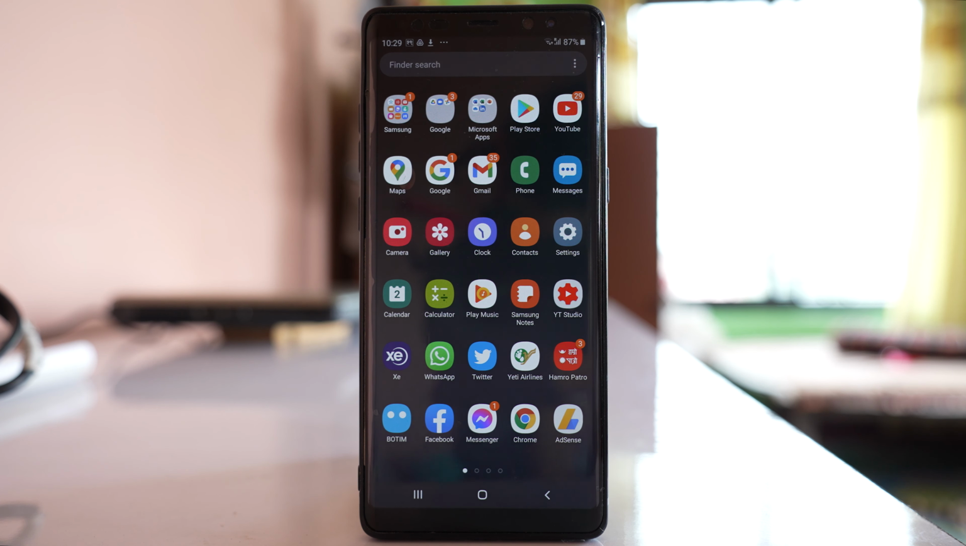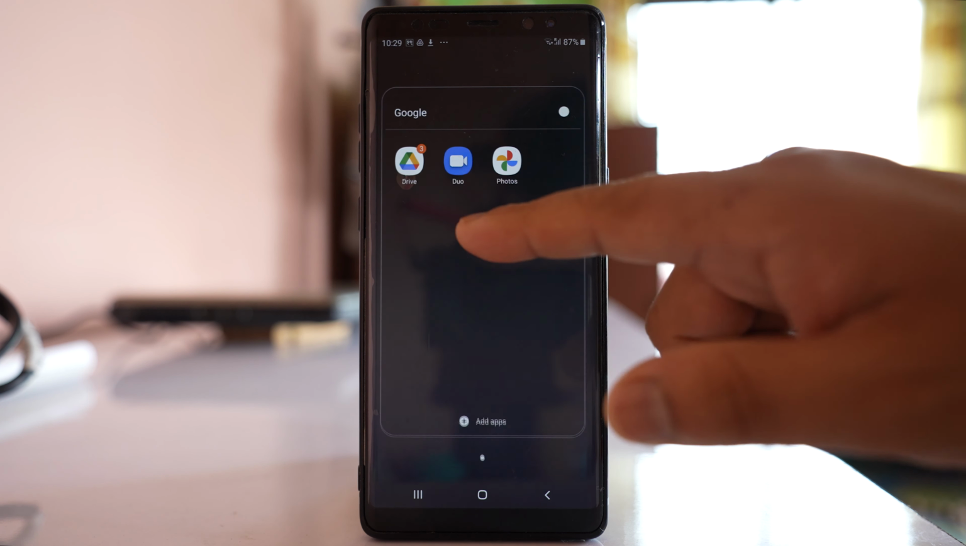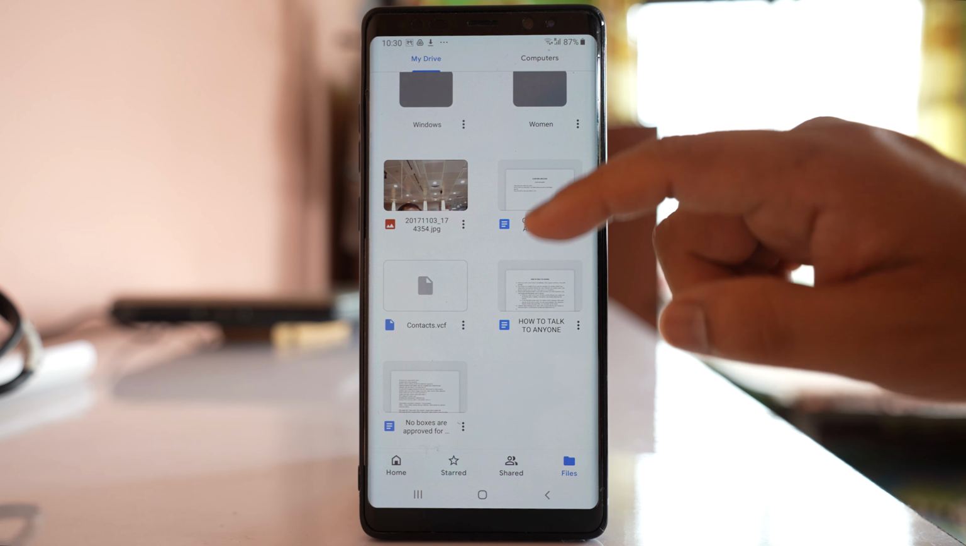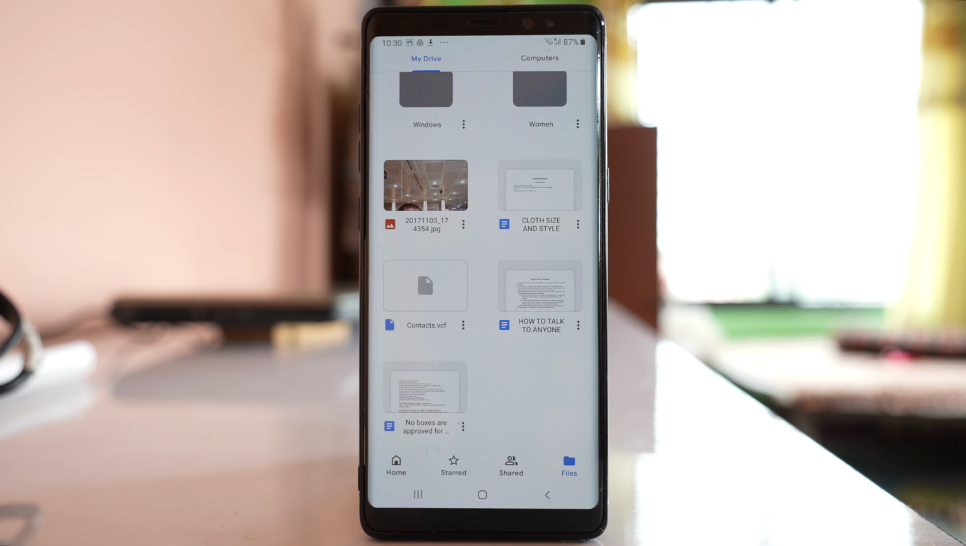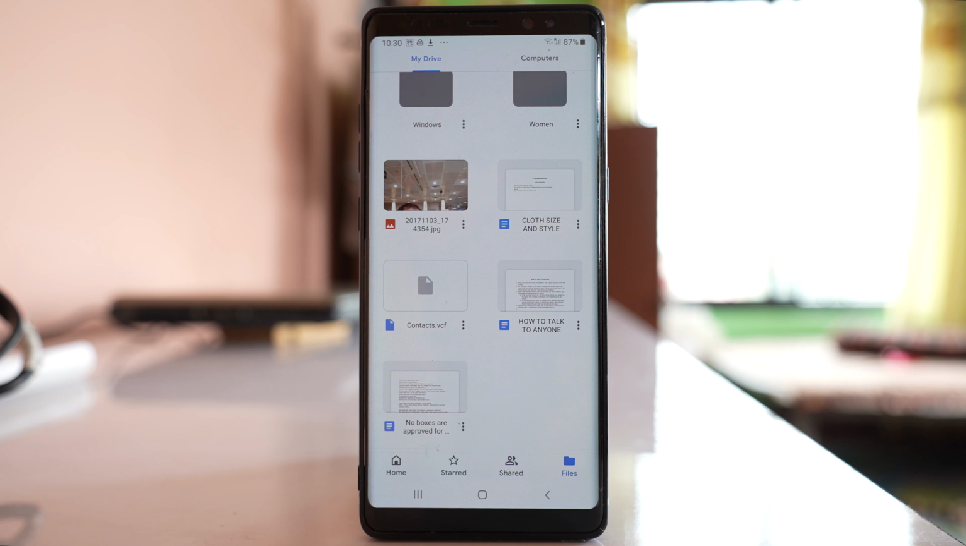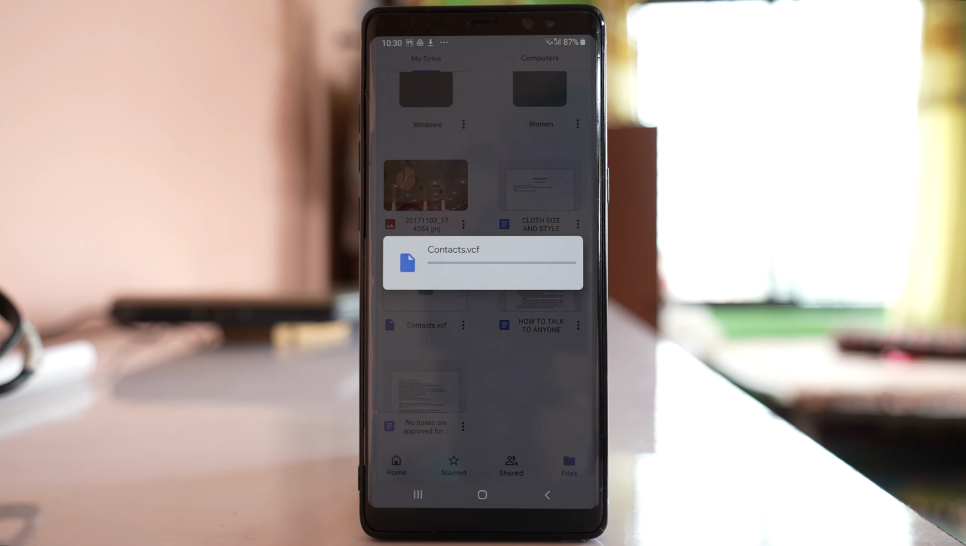So once you are sure that you have contacts saved to your Google Drive account, what you do, open Google Drive application. Now scroll down, and if you have contacts uploaded to your Google Drive account, you can see contacts.vcf file. So if you want to copy the contact from the Google Drive to your phone, then what you do, open the file